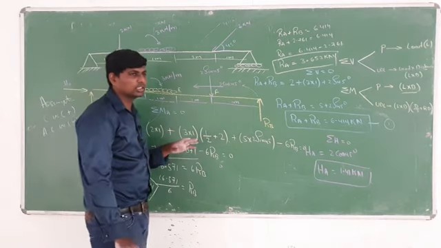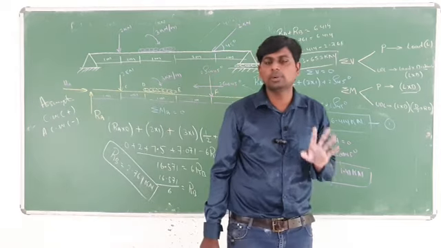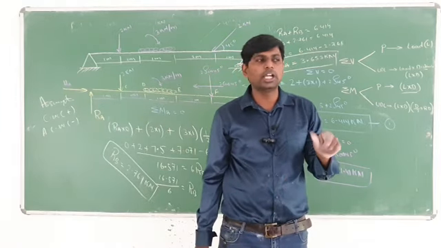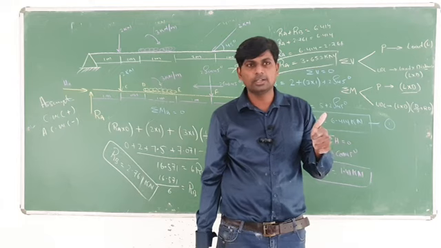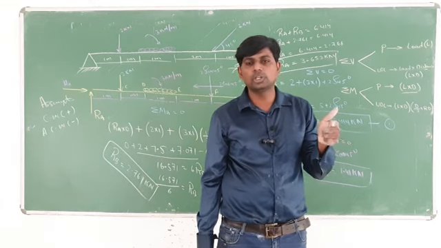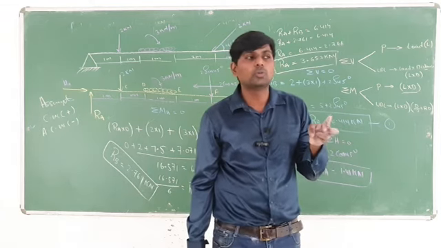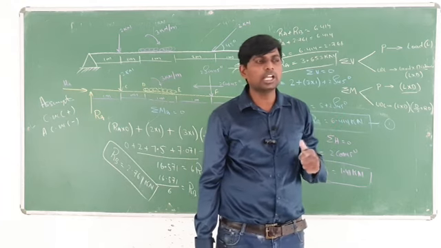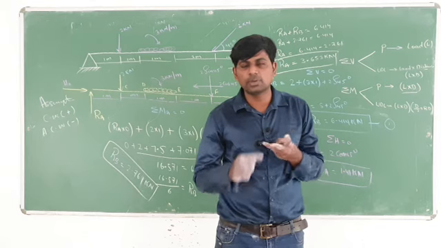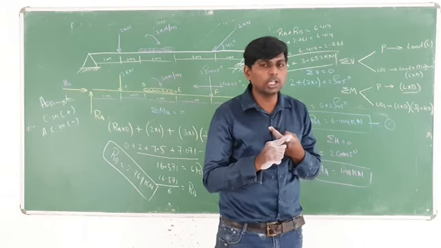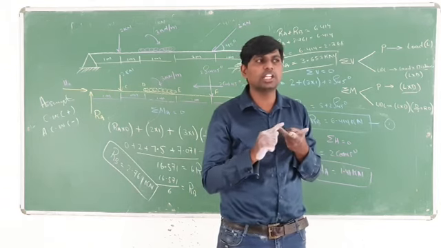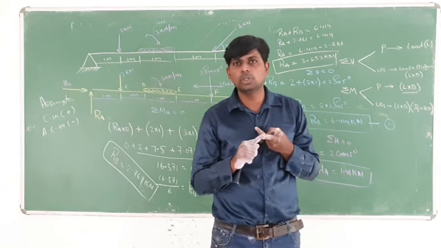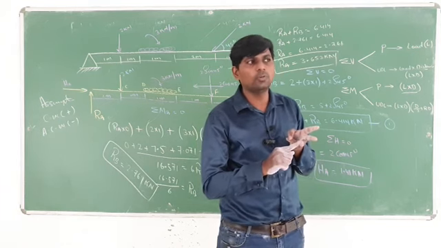Okay. So in this section we learned about, first, the types of beam. How many types of beams are there? 5. First one is the cantilever. Second one is the simply supported. Third one is the overhanging, fourth one is the continuous beam, and the last one is the fixed beam. And there are 3 types of load. First one is the point load, another name of point load is concentrated. Second one is the uniformly distributed load. Third one is the uniformly varying load.